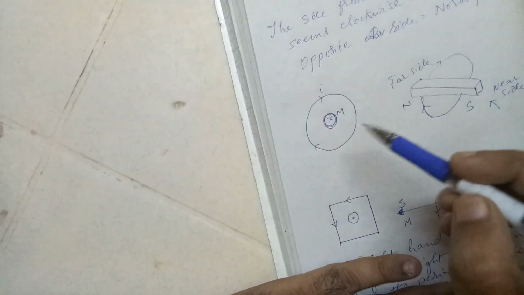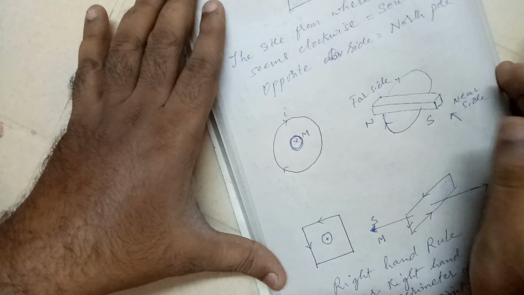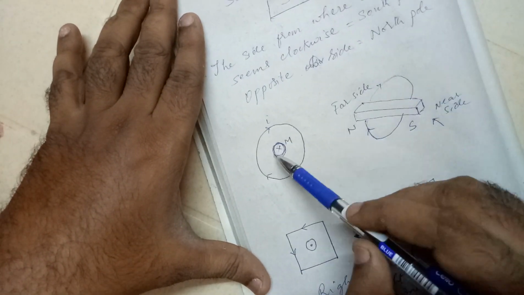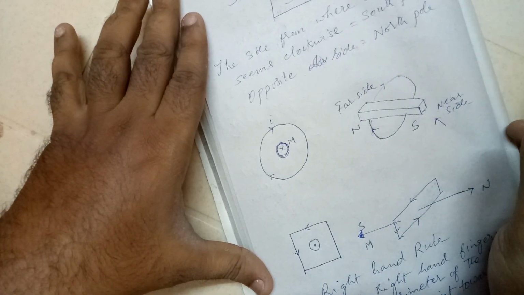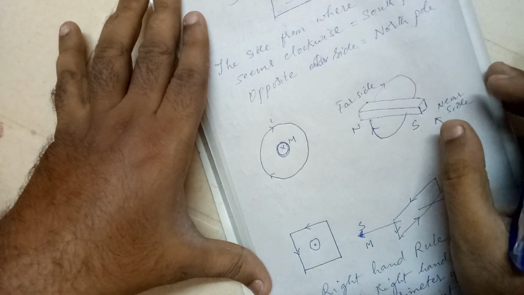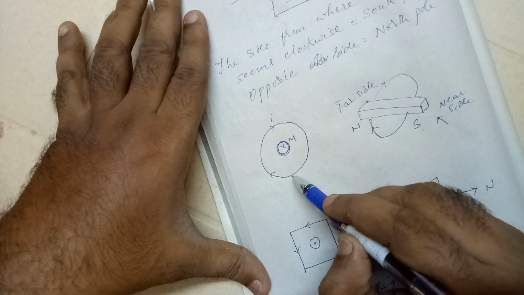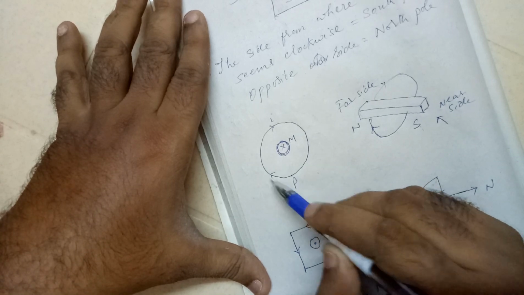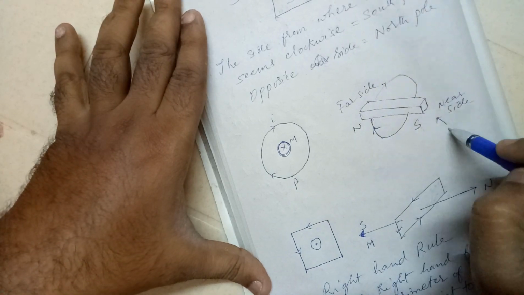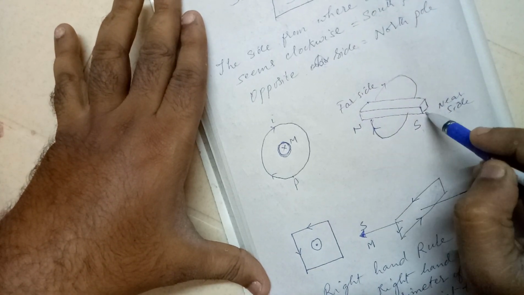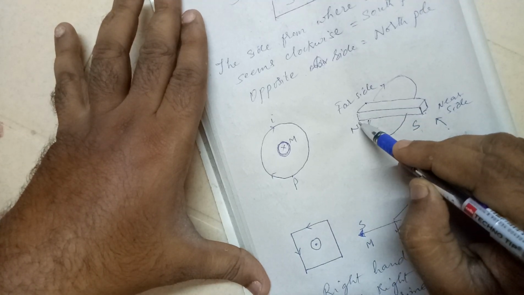So take an example. There is a current carrying loop. You can see current I over here. If I try to draw this in 3D, this current carrying loop can be visualized as a bar magnet. It will have its own south and north pole. You see here, if I see from my side, at this location P, it looks clockwise. So clockwise means south pole. Let me say I am standing over here, seeing from this side. So this side will be the south pole, and the opposite side will be the north pole.